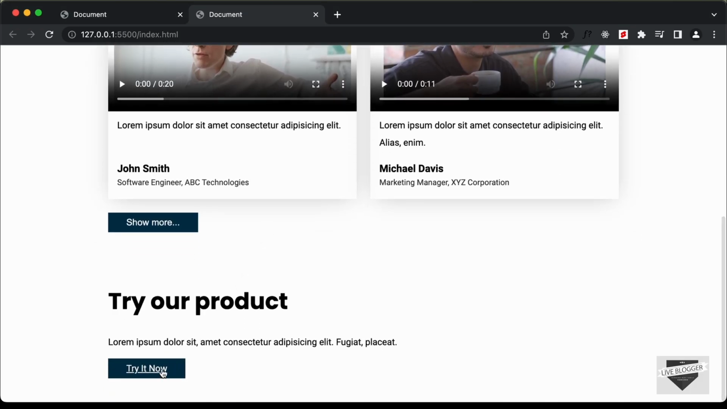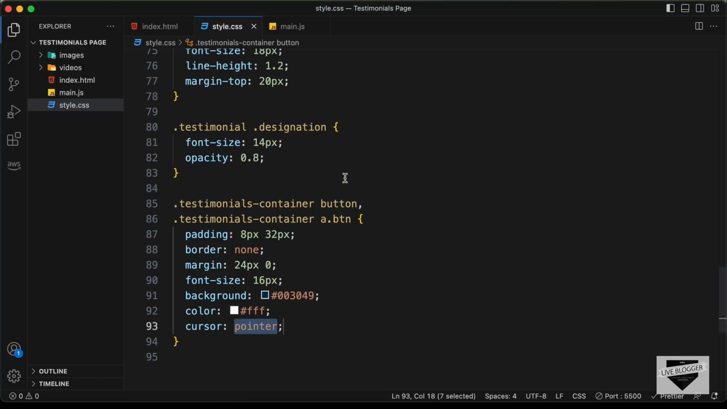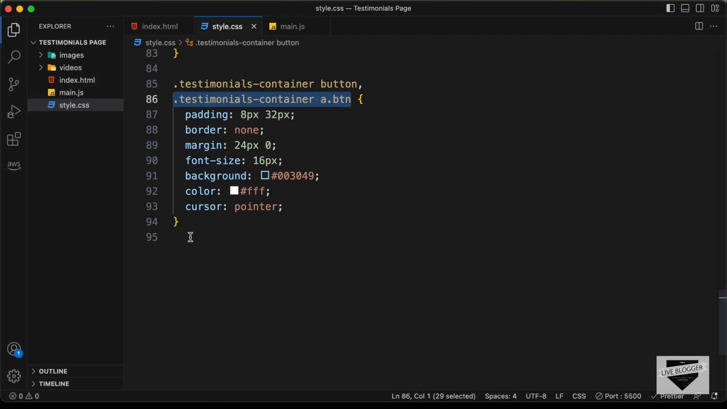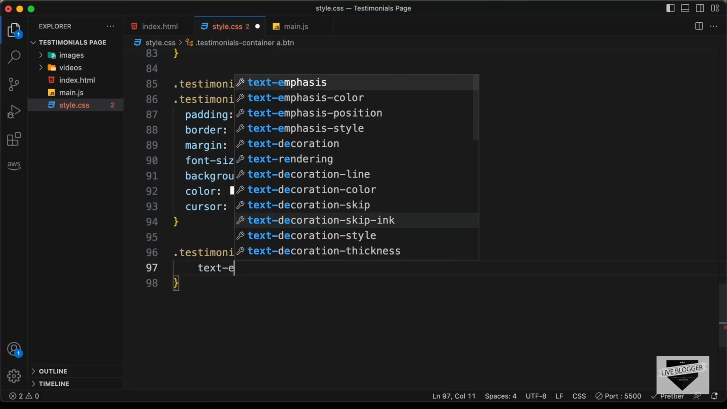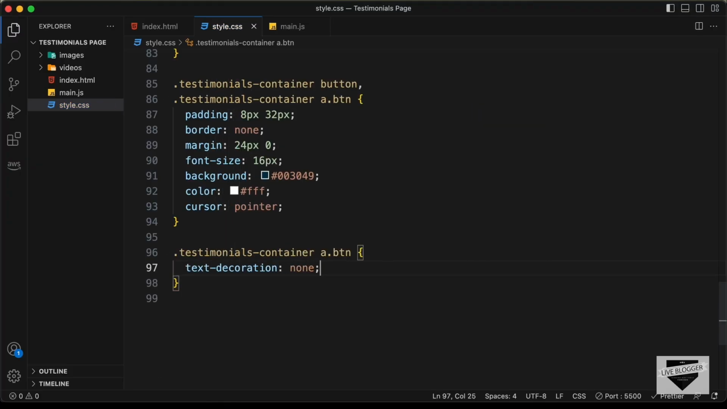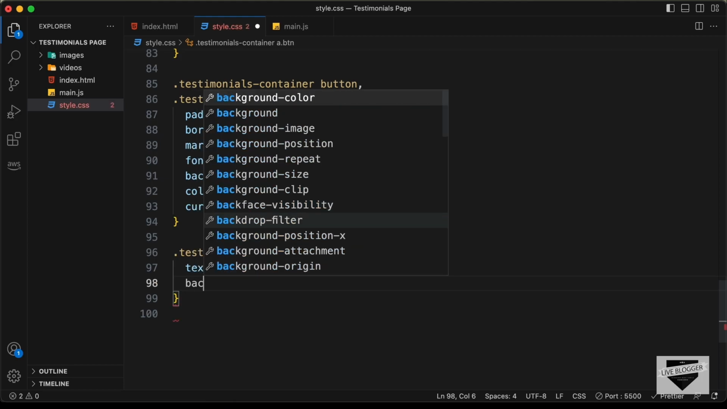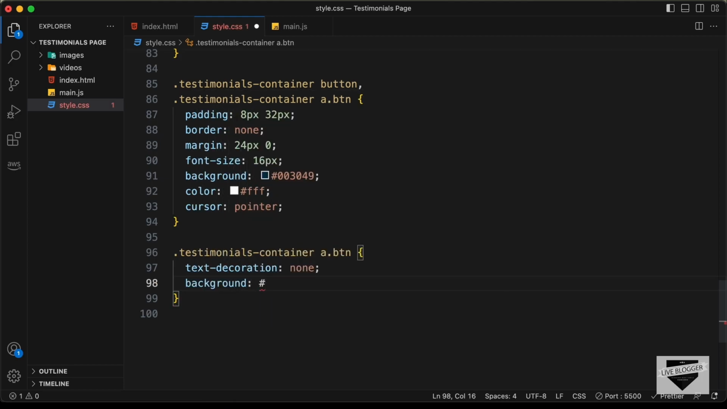Now for the other button we need to have some different styling, so let's target that differently. So I'll just copy this and paste it down here, and first of all let's remove the underline. So I'll just type text-decoration and set it to none, and for this button we need to have a different background color. So I'll just type background of E63946,